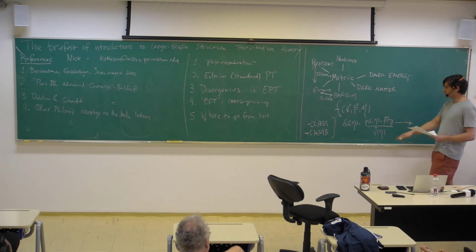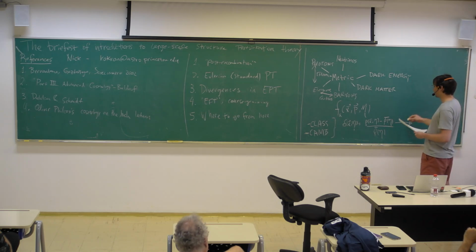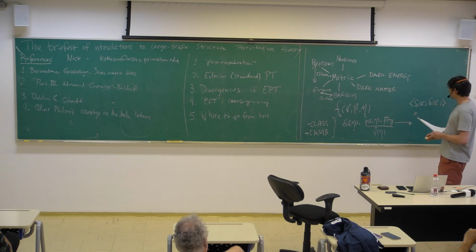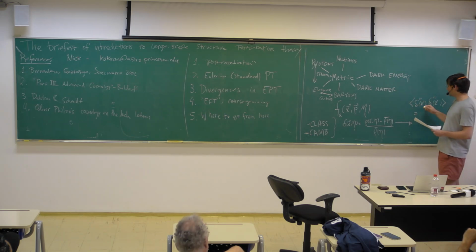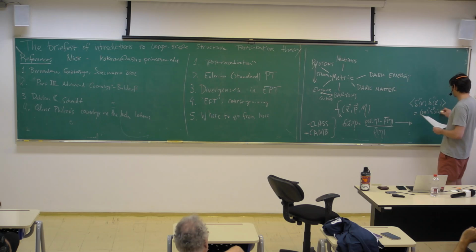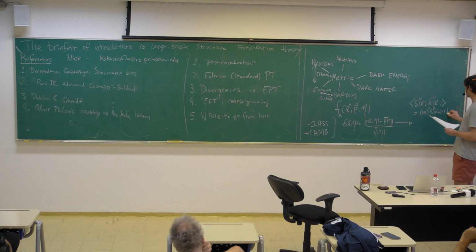But the basic building block is that this ends up being Gaussian distributed due to inflation and with a very specific form. If I take the Fourier transform of this and I look at a correlation function or a power spectrum between two different Fourier modes, fundamentally at early times, the linear solution is that this is Gaussian, randomly distributed with a spectrum that is completely well defined. It's diagonal, so there are no correlations if k and k prime are different, if you have two different wave numbers, and you just get this one function,